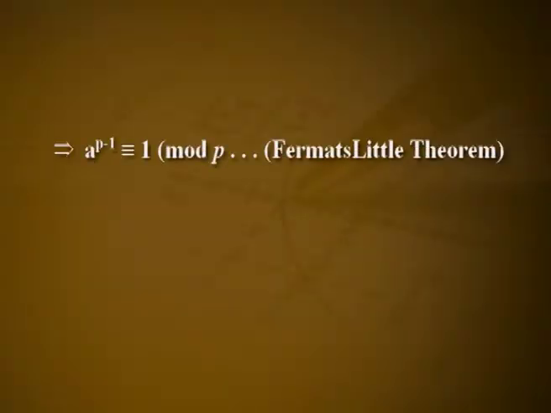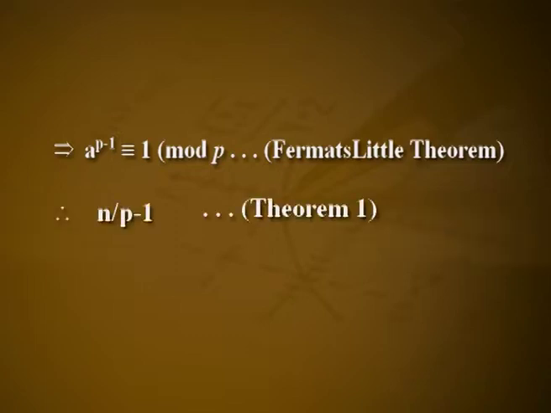Theorem 6. There exists at least one primitive root modulo each prime p greater than or equal to 3. Proof. Let p be a prime greater than or equal to 3. We want to determine integers that have exponent phi of p, which is p minus 1, mod p. If a is any integer having exponent n modulo p, then GCD of a and p is equal to 1. a raised to p minus 1 is congruent to 1 mod p by Fermat's little theorem. Therefore, n divides p minus 1 by theorem 1.